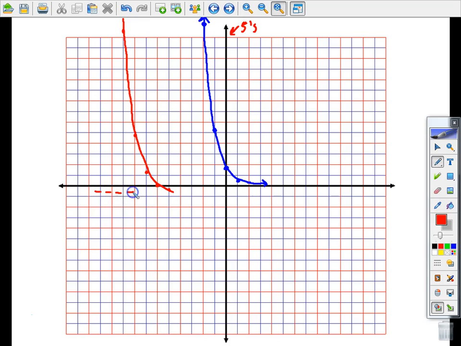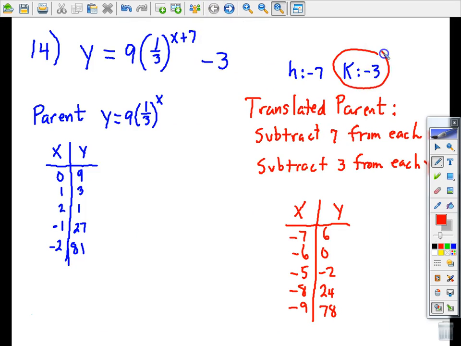And remember, the units have changed, so I've moved that horizontal asymptote down 3 places, and it's hard to draw a straight line like this, but this line is y equals negative 3. So basically, I should be always approaching this new horizontal asymptote, y equals negative 3, because my entire graph shifted